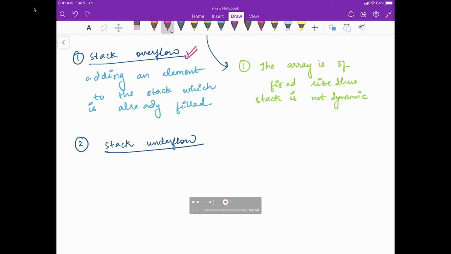What happens in the stack underflow condition is that we are removing something from an empty stack.